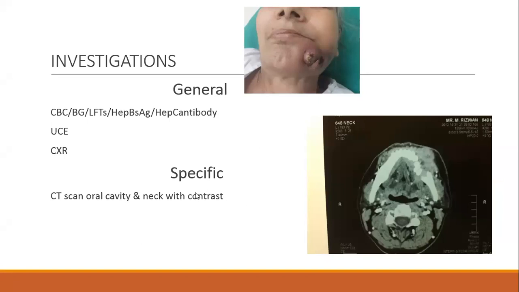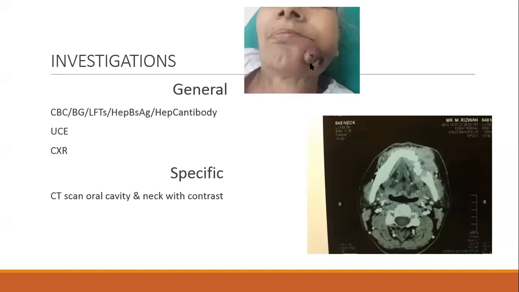Now, CT scan oral cavity with contrast. Now, I don't know how many of you know the concept of contrast. We give various contrast agents to highlight the tumor. Sometimes the radiologist is unable to detect the extent of the tumor, because when we give the contrast, it is highlighted. When it is highlighted, they can see the extent of the tumor. If there is no contrast, then the radiologist may not be able to give you the extent of the